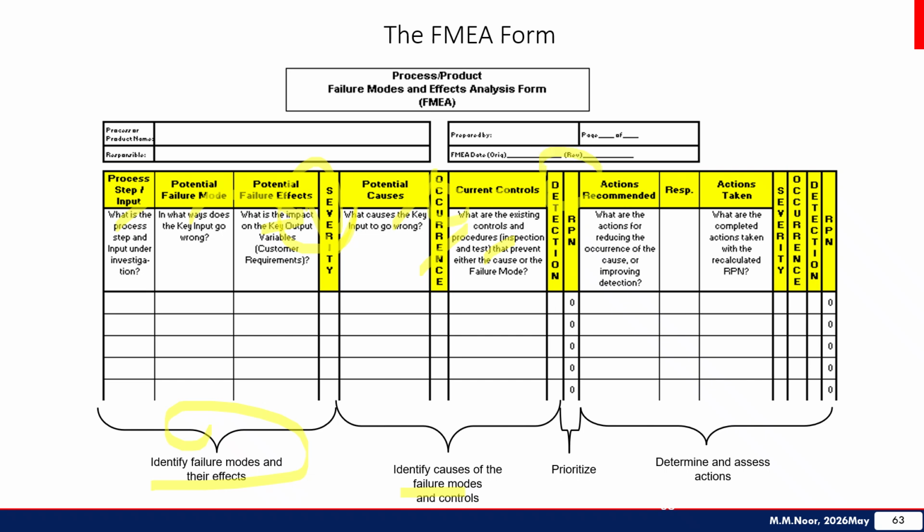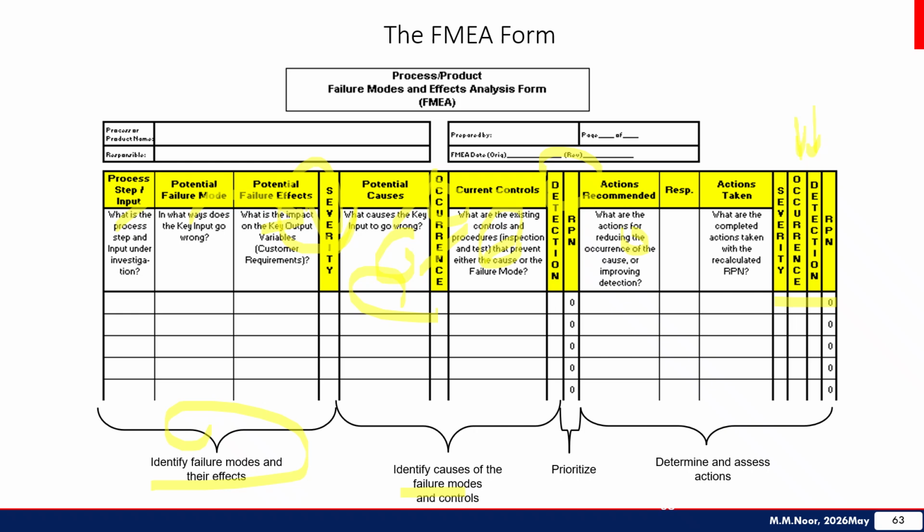Then from here we have the RPN number, which is severity times occurrence times detection, and becomes the RPN number. Then after that we do some action. Again we take into consideration the new severity, reoccurrence, and redetection numbers. And after, for example, we change here, then the occurrence will be reduced if we improve the occurrence. If we improve the detection, then the detection will be reduced, supposed to be something like that.